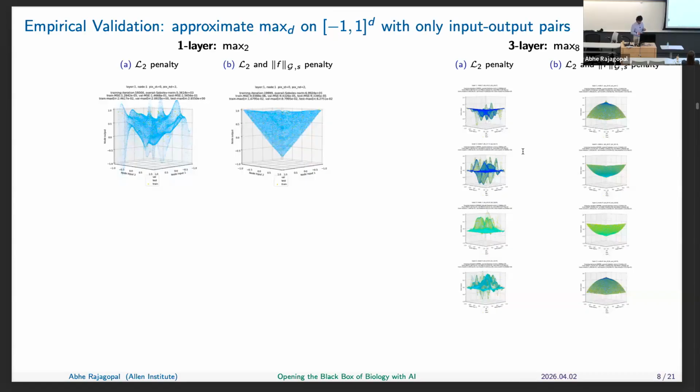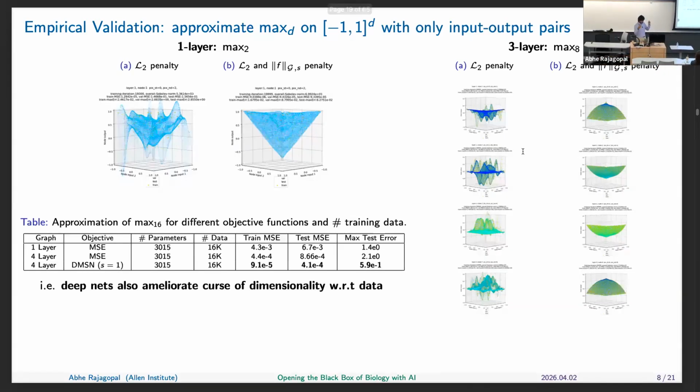And in particular, the problem gets a lot worse as you get deeper. If you don't have data density, the problem gets significantly worse. As an example, this is in the first layer, and there's 4 different input nodes. And you could see that the data is much more rough compared to using this sort of Sobolev norm penalty or controlling the gradient. And of course, it works in higher dimensions too.